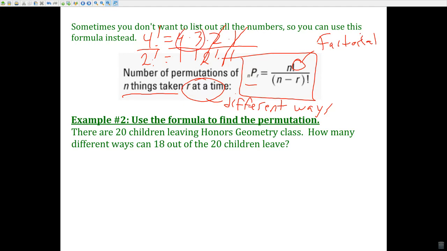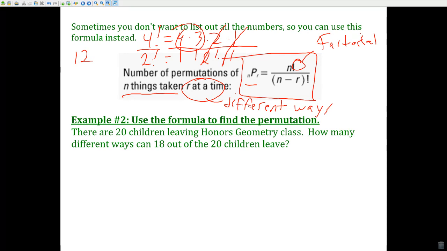Okay, now you just have 4 times 3, which is 12, which is what we had in that last question. So that's what the formula is doing. This gets you the permutations. Let's do a problem and see where the exclamation point is, because you're going to need to punch this in